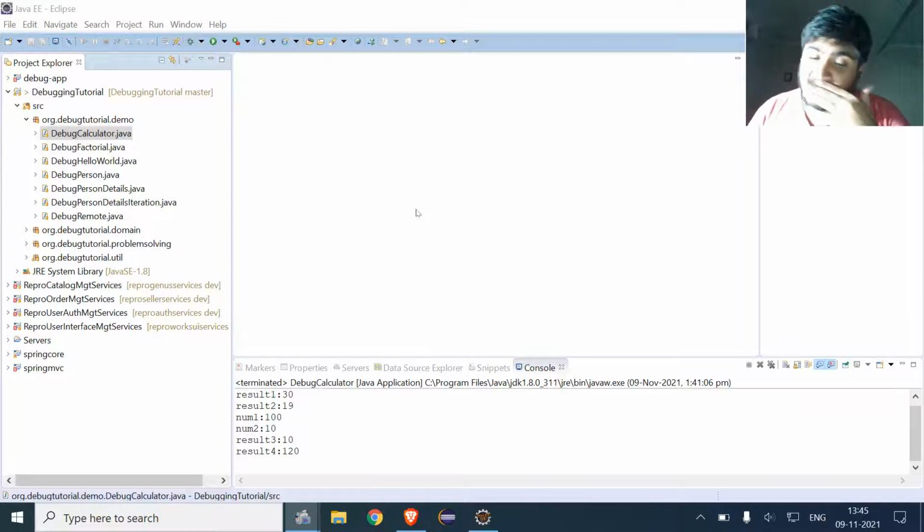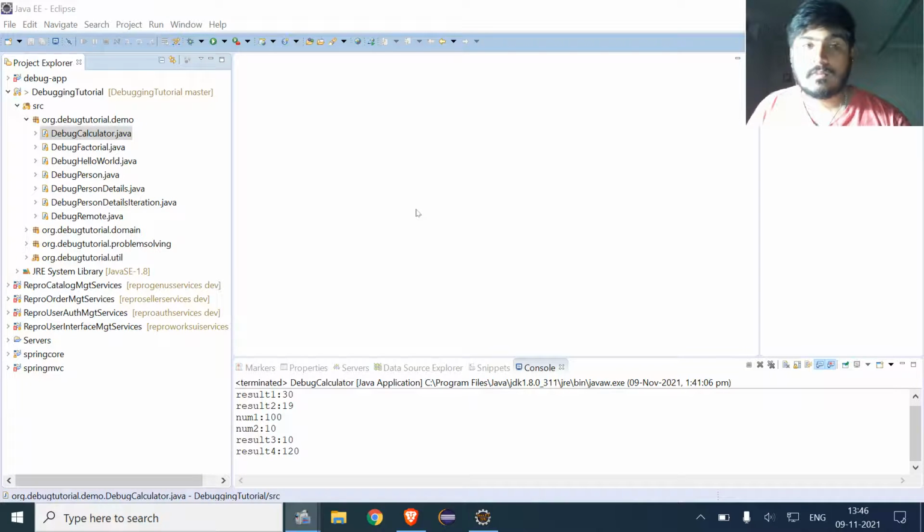And when it comes to advanced features, basically we have the use of display view. Then the use of detail formatter, controlling the display of the variables. Then conditional breakpoint and hit count, exception breakpoint and method breakpoint. Then the use of drop to frame. Then stop filtering, debugging a web application, remote debugging, debugging a Spring Boot REST web service, remote debugging a Spring Boot REST web service. So all these things will be covered in advanced features and basic features.